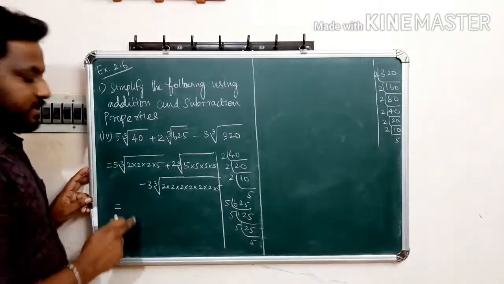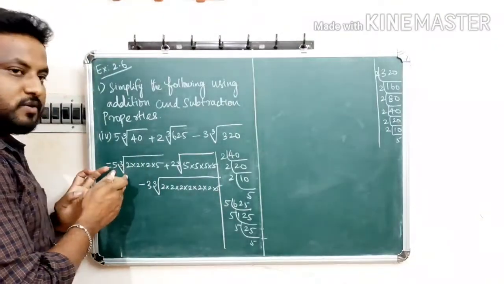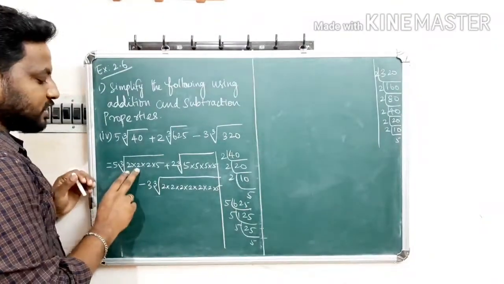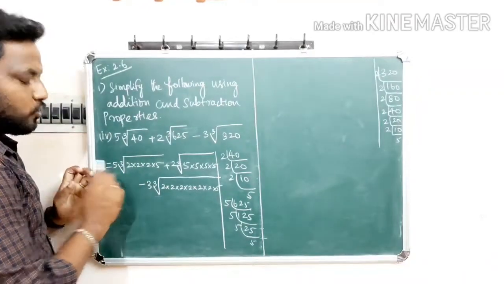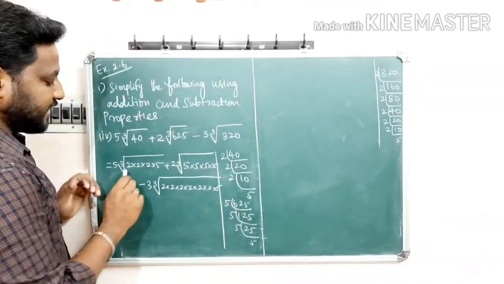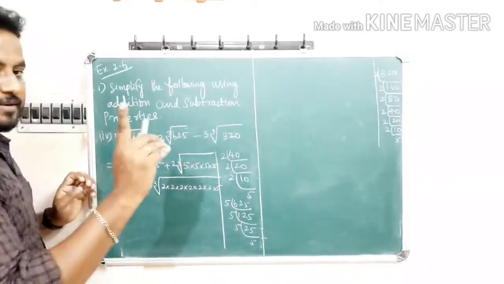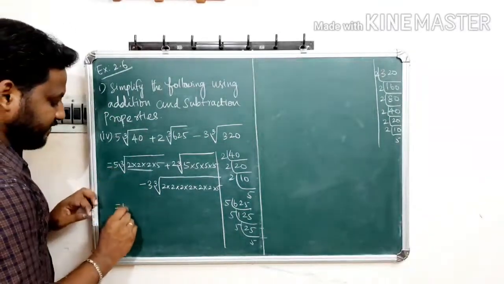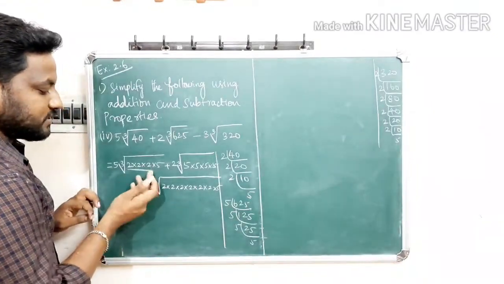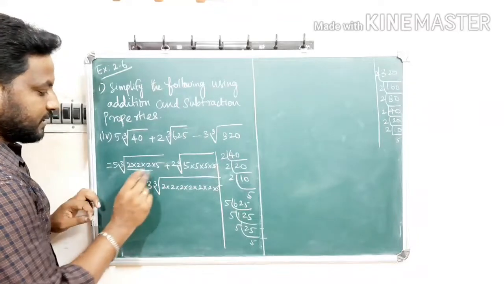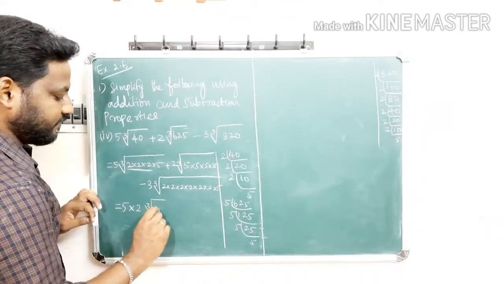So in the previous question only square root was there. If a square root is there, 2 times the number will take us 1 time, but here a cubic root is there. So if the same number is repeated 3 times, we have to take it 1 time. Already 5 is there 3 times under the root, so we take it 1 time, and then 5 is only 1 time, that is cubic root of 5.